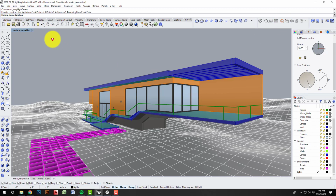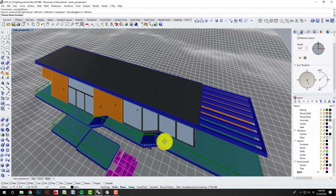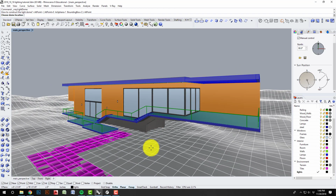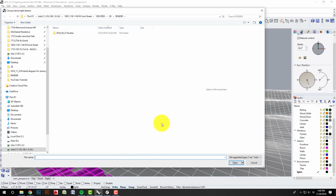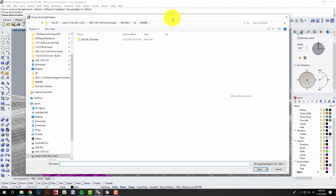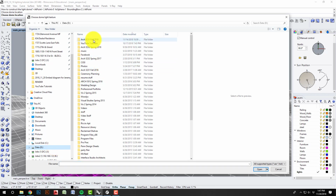You can see it's asking me for a location. It doesn't matter where I put this at all. It's going to work the same way. It just needs a location in the file. So I'll just click anywhere. You can see immediately it pulls me to a dialog box to choose the dome light texture, which is your HDRI. So I'm going to go to